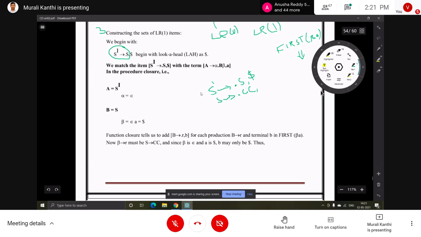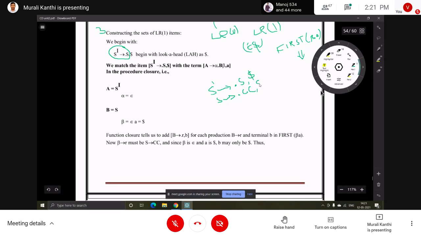If a production is compared with the general form, we have to add a lookahead symbol from first of beta A. Here beta is epsilon, and A is dollar. So first of epsilon dollar, we get dollar.